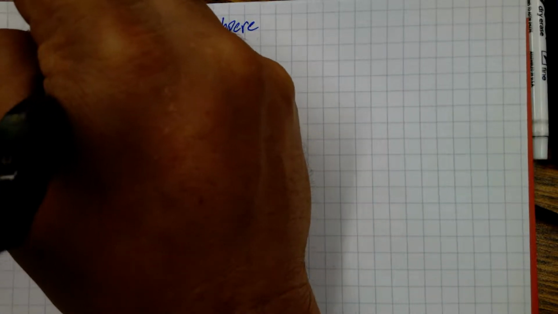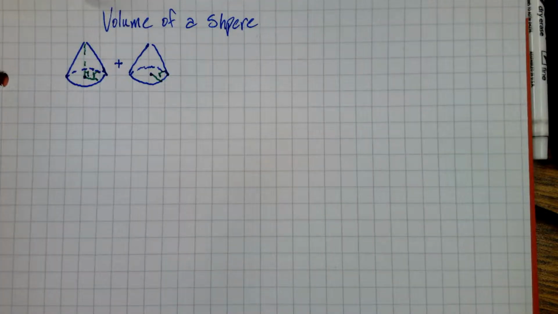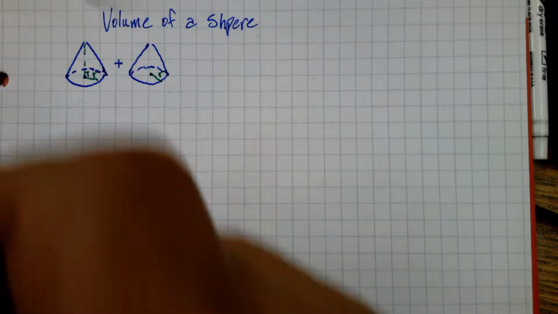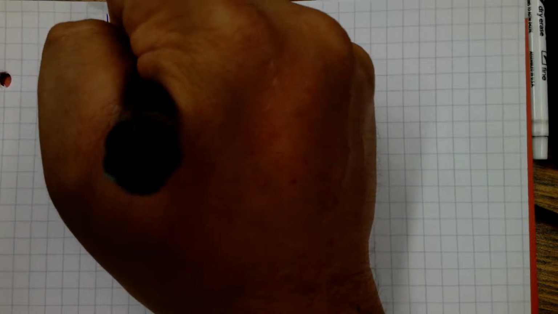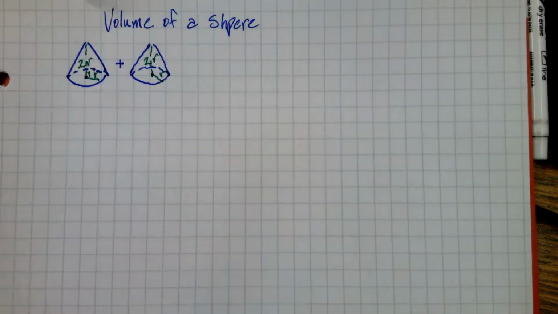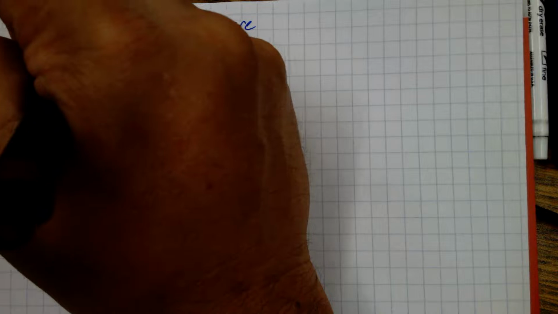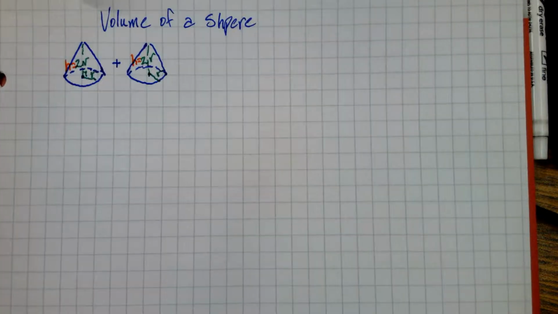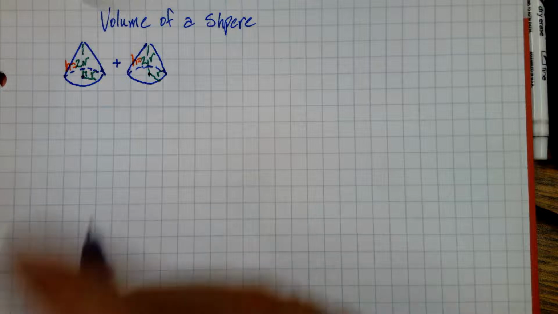Now, we did talk about the dimensions. They have to be kind of specific. We're going to call the radius r, but the height's going to be, normally it's h, right? But remember, it's the diameter of the sphere. And how many radii are in one diameter? Two. So the height is actually going to be 2r. So I'm just going to say h equals 2r. Okay. And that should equal,